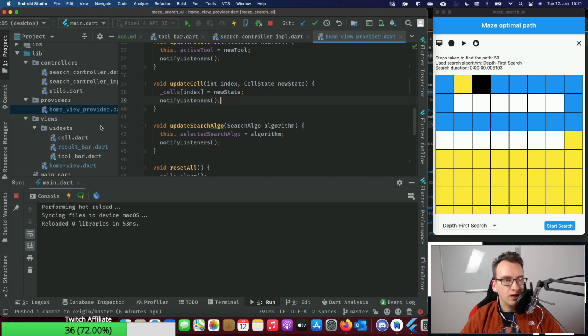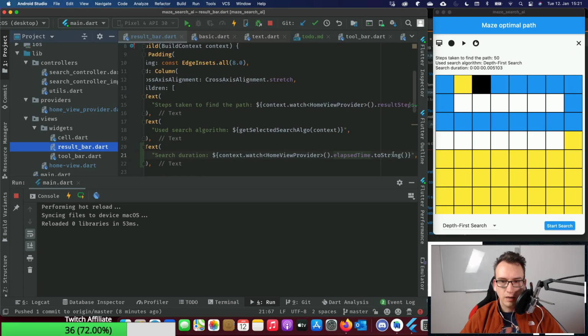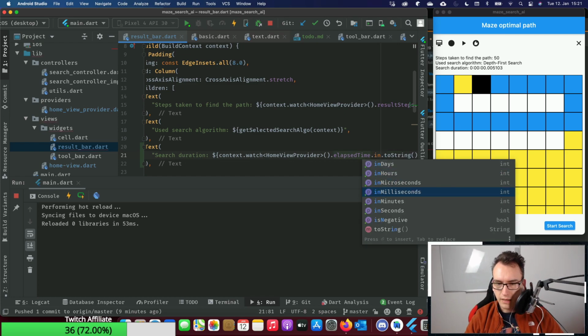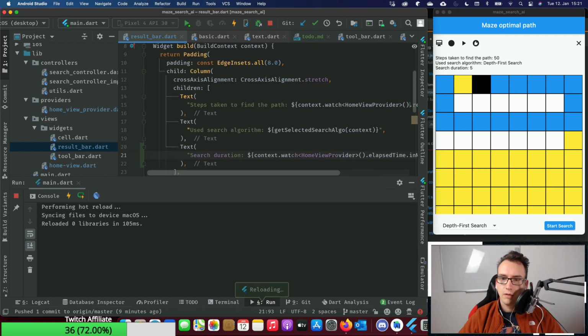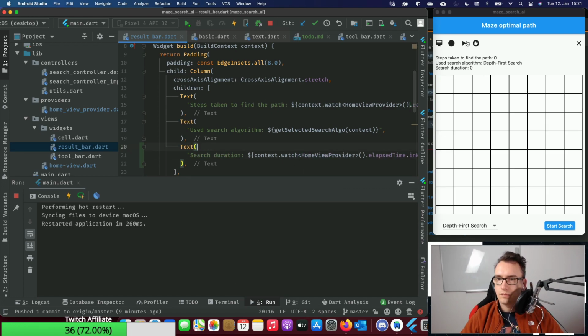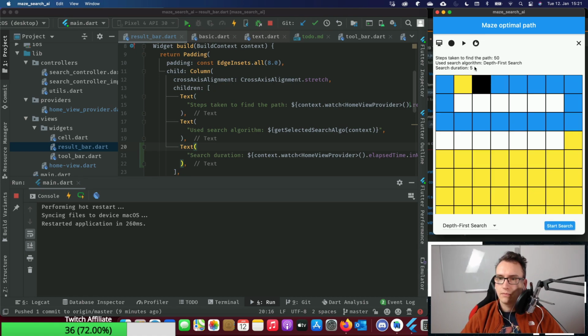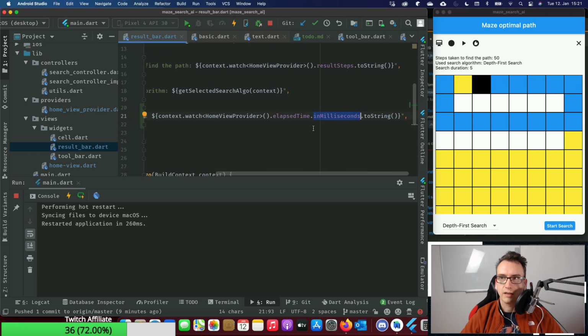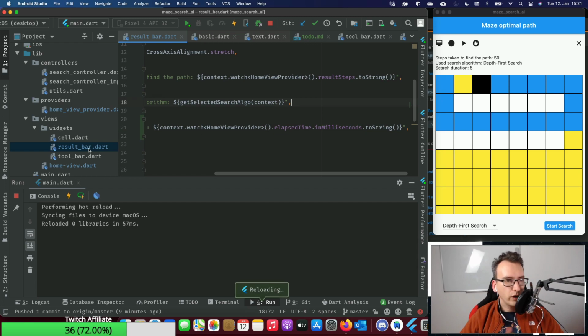Okay, so what we can do is going to our result bar and say here in milliseconds. So does it mean now we used 5 milliseconds for that? Okay, we can live with that, I guess.